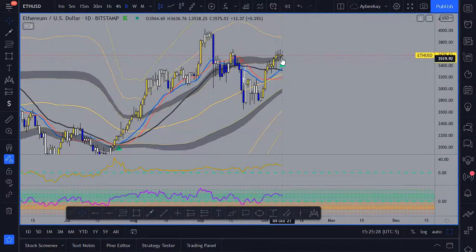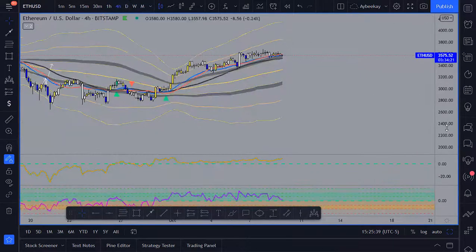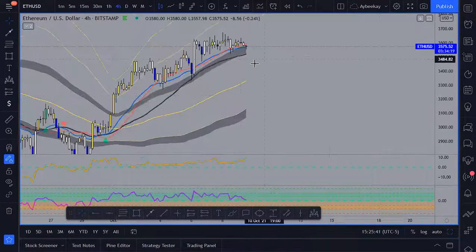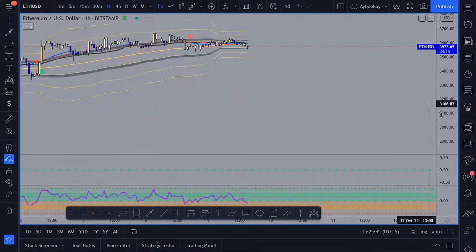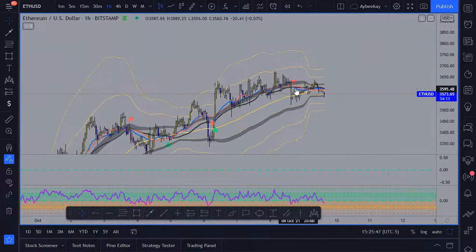Daily time frame is about to call for a buy, and the candle's going to close in 3 hours and 34 minutes, but it's at this upper danger zone, so we'll want to watch out for that. 4 hour time frame is looking like it's potentially setting up for a sell, and the 1 hour time frame, it's called for a sell.